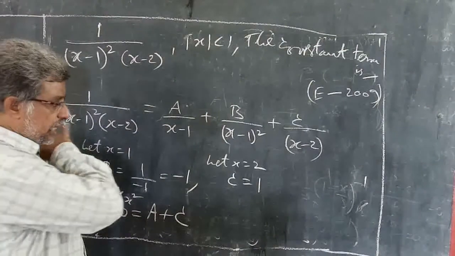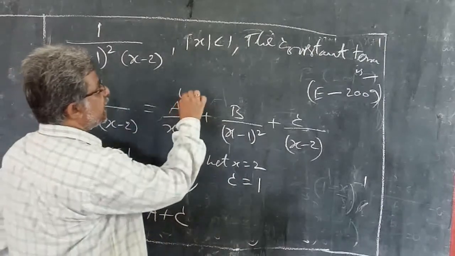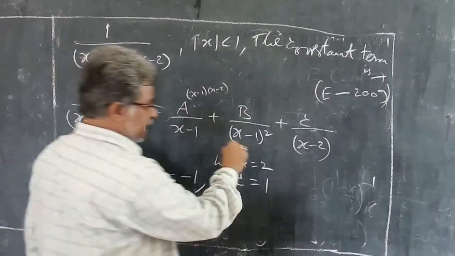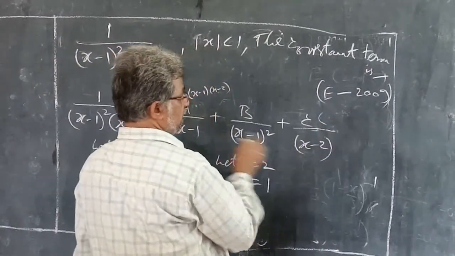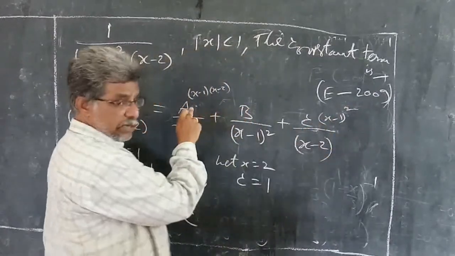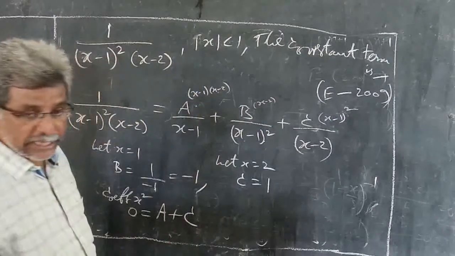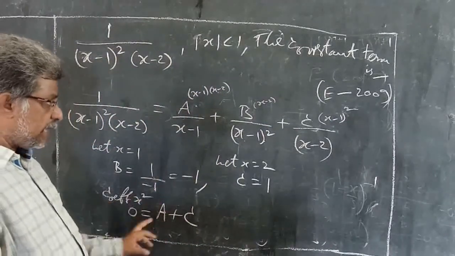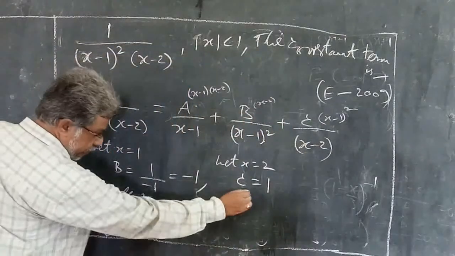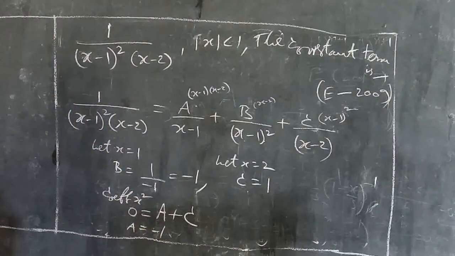Observe logically, no need to take LCM and all. Just think. A by x minus 1 you have. If you take LCM, you need x minus 1 into x minus 2, means A into x square you will get. Here, by taking LCM, you have x minus 2, we need only x minus 1 whole square, so here you will get x square, here you will get x square. That's why I am writing A plus C. For B you will get only x minus 2 because x minus 1 whole square is already there. So for the x square coefficient, it contains only A and C, that is 0 on this side. We already found the C value, so the A value automatically becomes minus 1. So A is equal to minus 1.